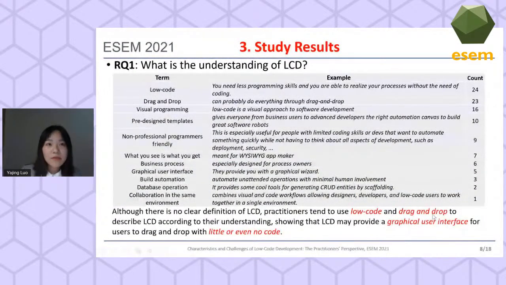And here comes the study results. For research question 1, from the table, we can see that although there is no clear definition of low-code development, practitioners can use low-code and drag and drop to describe low-code development according to their understanding, showing that low-code